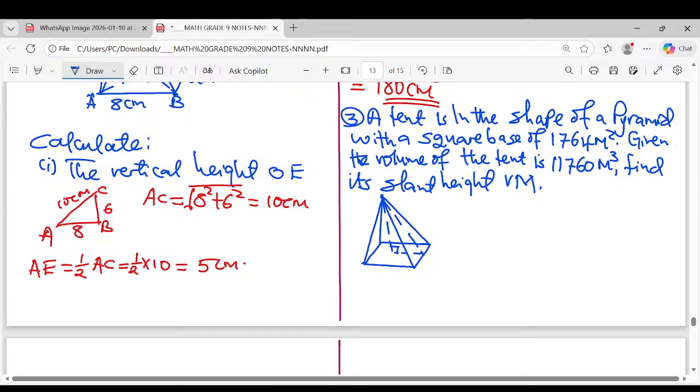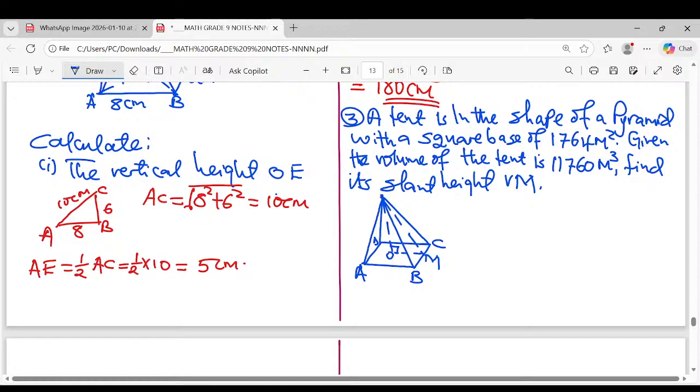This is 90, this is O. This side here is A, B, M is the midpoint here, C, then D. So the dimensions are, we've not been given the dimensions, that's how the question is. So let's reread the question. A tent is in the shape of a pyramid with a square base of